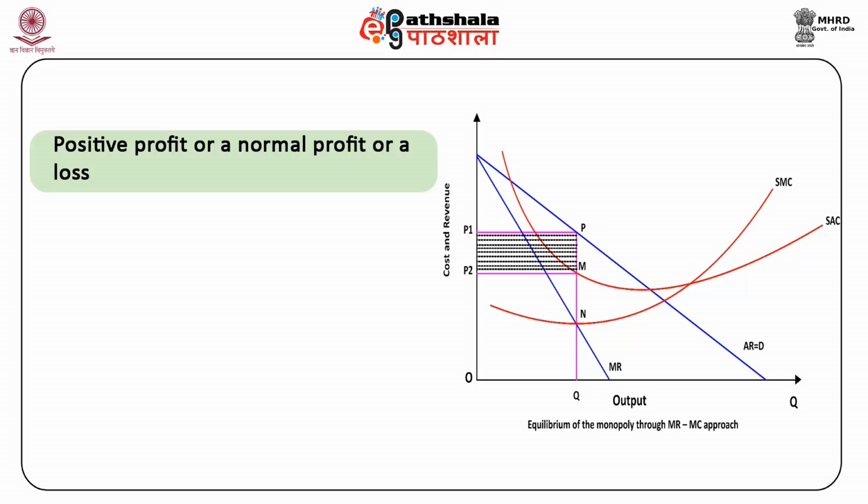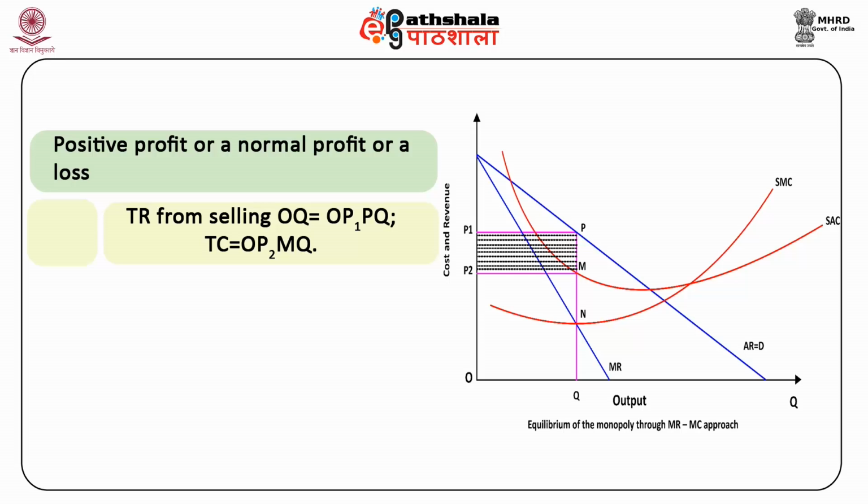As per this, the price of selling OQ output is OP1 and the cost of producing OQ is OM. In other words, the total revenue from selling OQ output is OP1PQ and the corresponding cost of producing this output